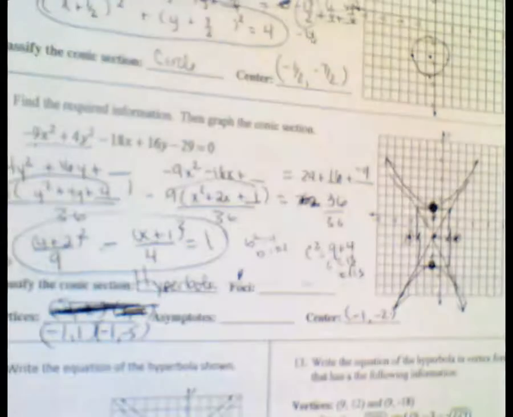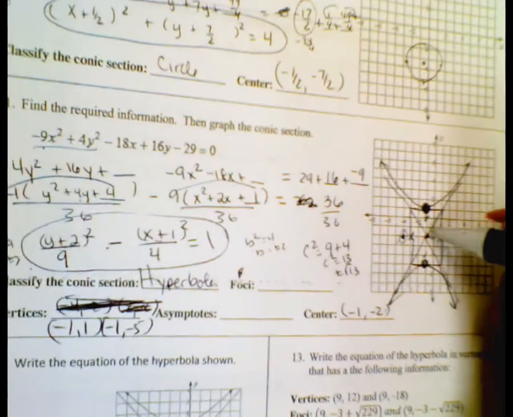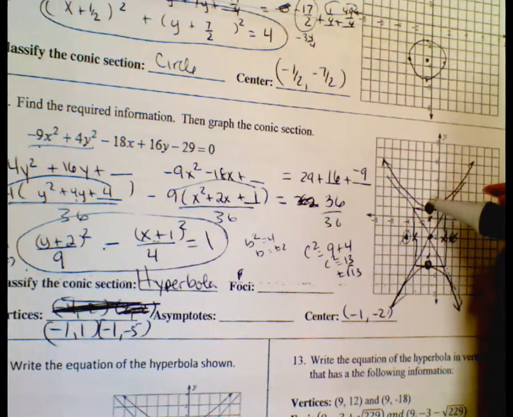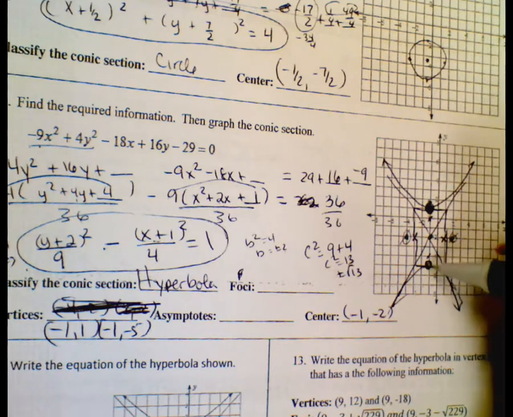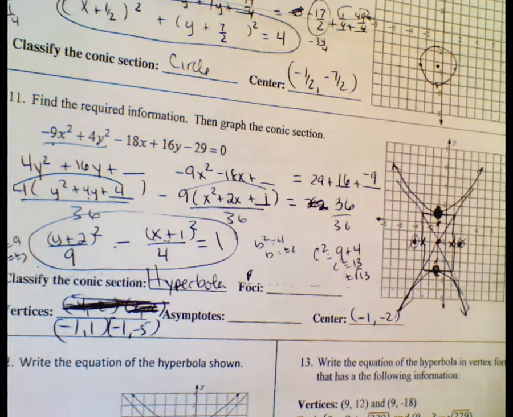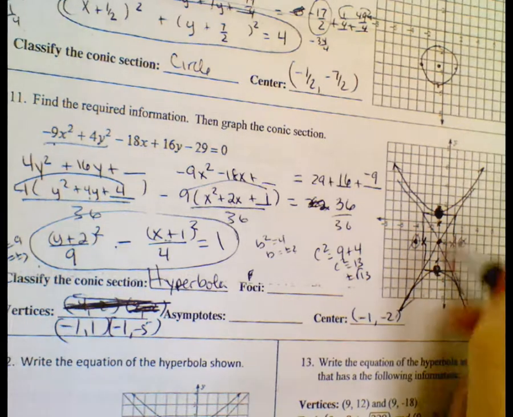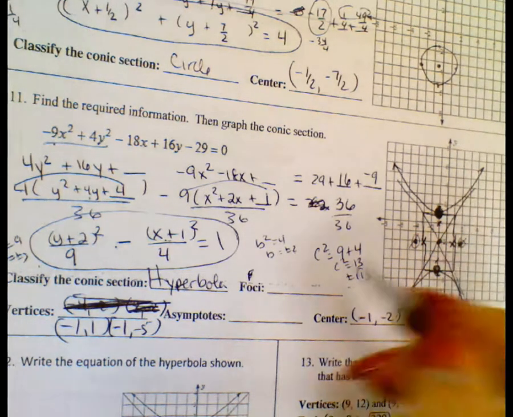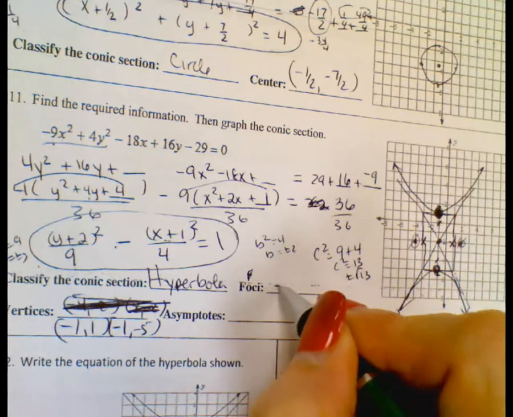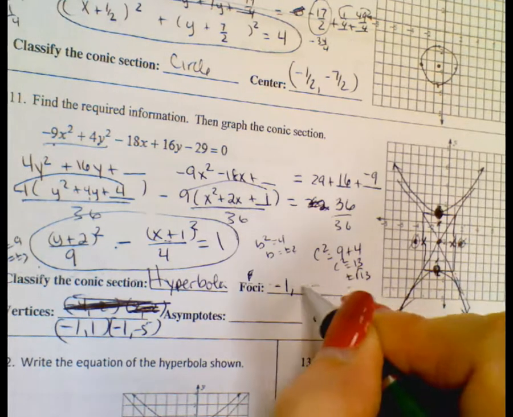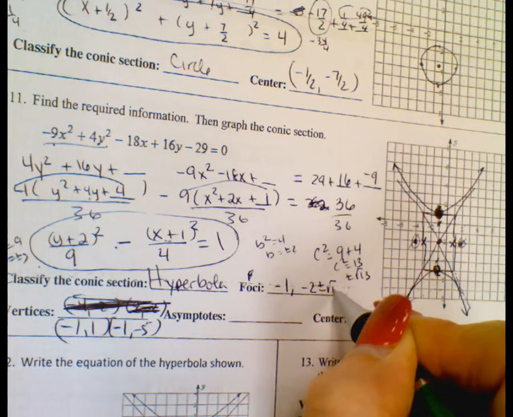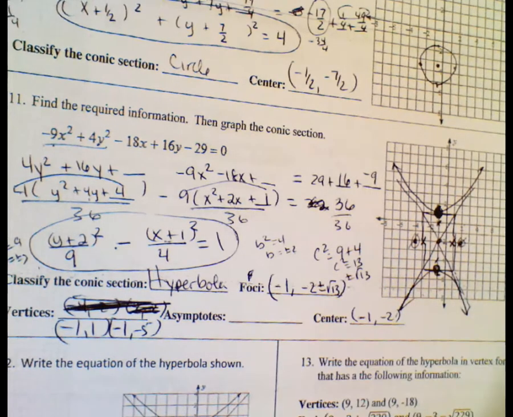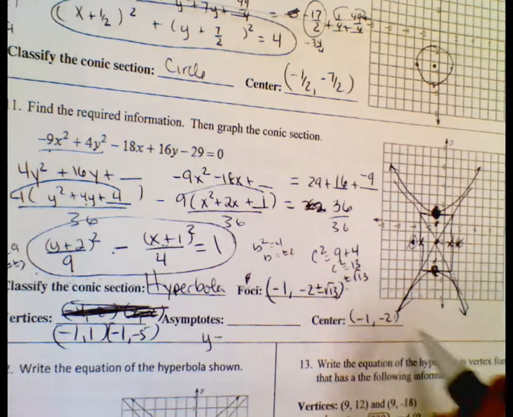Which is about 3.6. So from the center, count up 3.6. 1, 2, 3.6. I made that so big it's kind of hard to get the 3.6 in there. Okay, so how do you write those points? They are on the same vertical line as x equals -1. So that part of the center stays the same, but you're changing the y by adding and subtracting radical 13, and that's your foci. Your asymptotes is going to be y minus the y coordinate of the center, which is